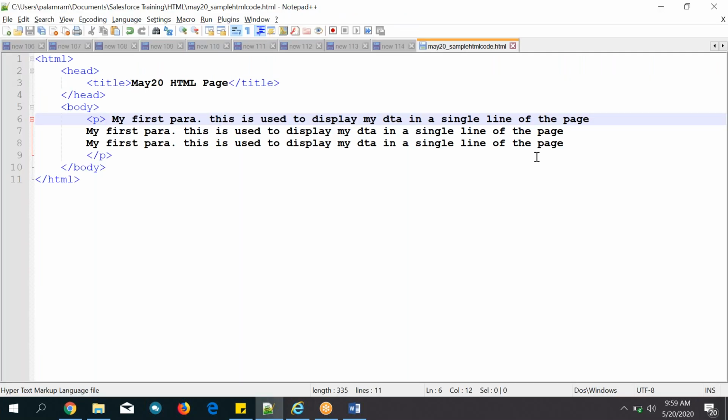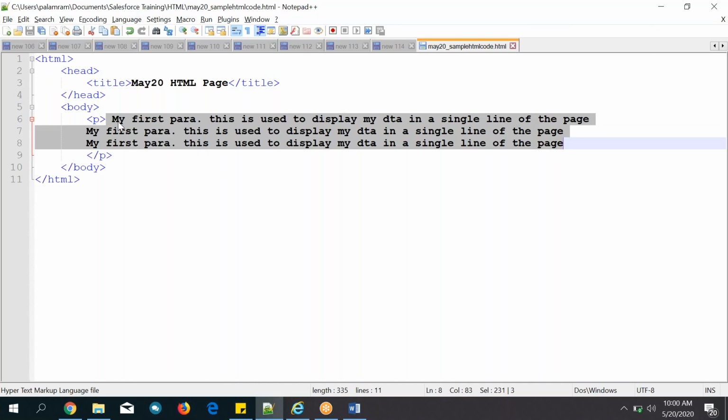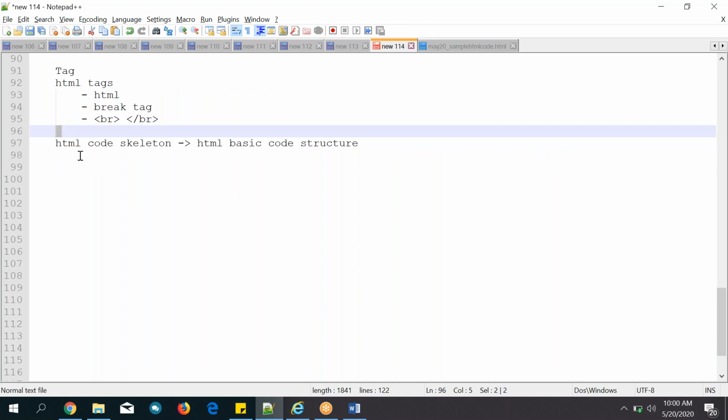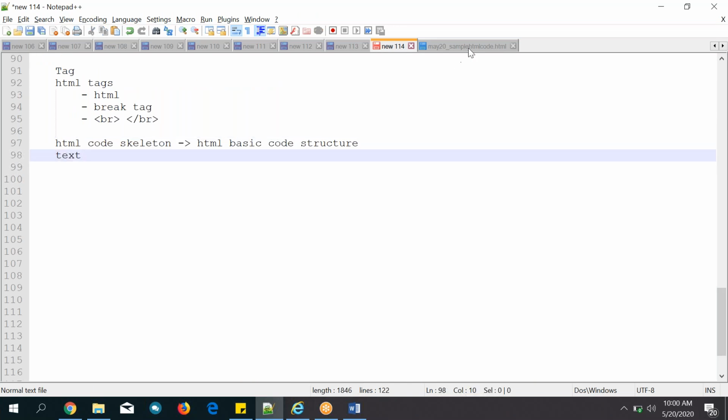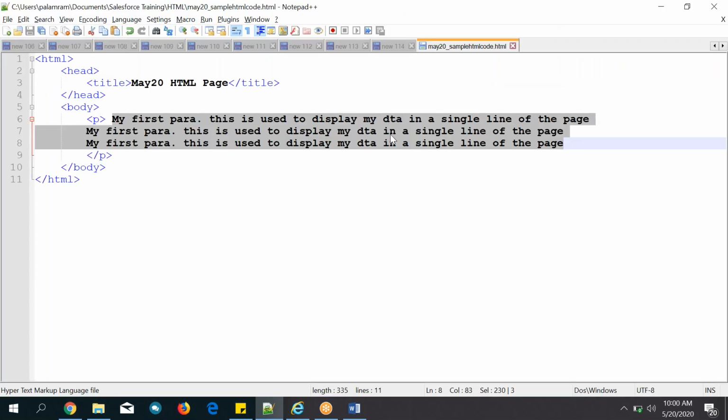Even though you write code line by line, it will not take it like this. Why? Because we have written text only, and you have not used any tags in between, so that is the reason. It will be displayed in a single line if there is space, and if there is no space, it displays on the next line.